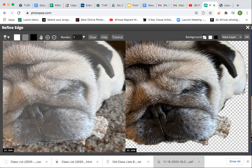Okay, so I'm going to take more away from here. Now, here's the thing. I've got a really big tool here. My circle is too big to do this job. So as soon as this is done loading, I can tell it's not done because that little circle freezes up and doesn't do anything until that changes. I'm going to go up here to my gray,